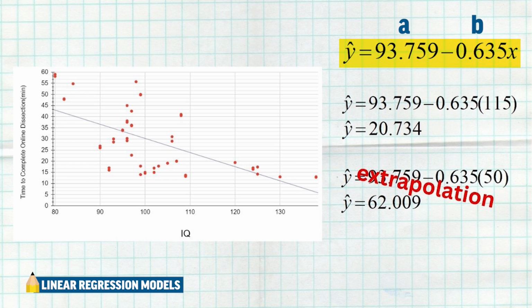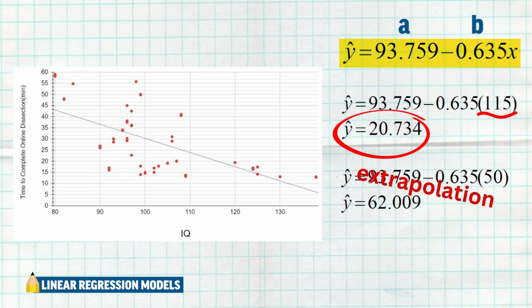So in this first example here, we wanted to predict how long it would take a student to complete the online dissection with an IQ of 115. So that's exactly what a linear regression model does. It takes that explanatory variable, in this case 115, we plug it into the equation, and out comes the predicted time to complete the online dissection. So for a student that has an IQ of 115, we would predict somewhere around 20.734 minutes for them to